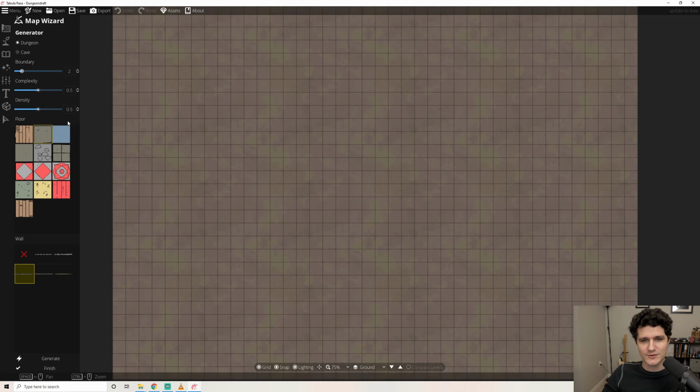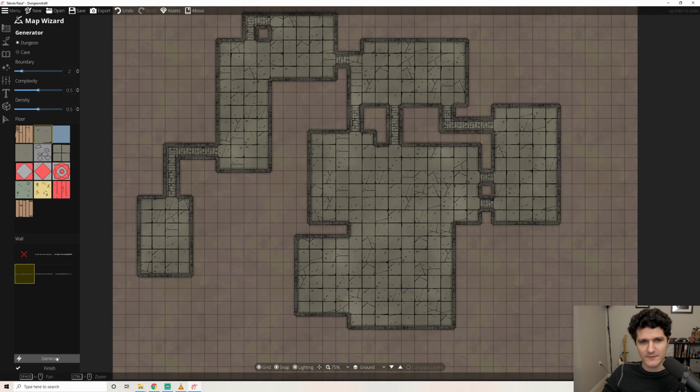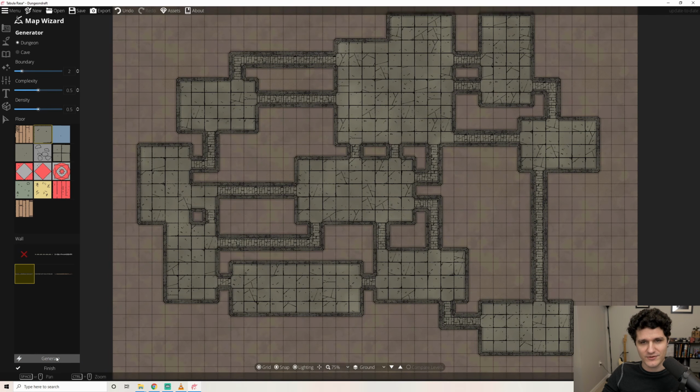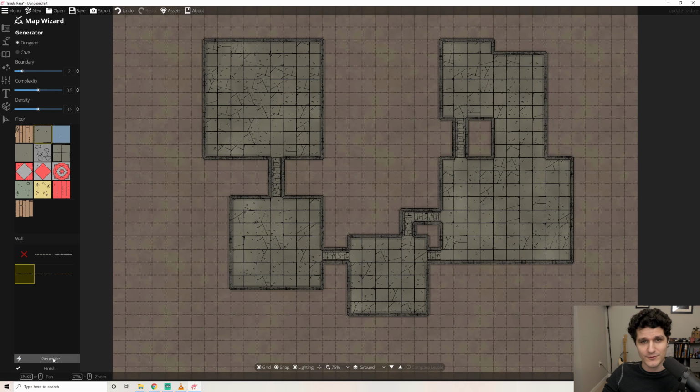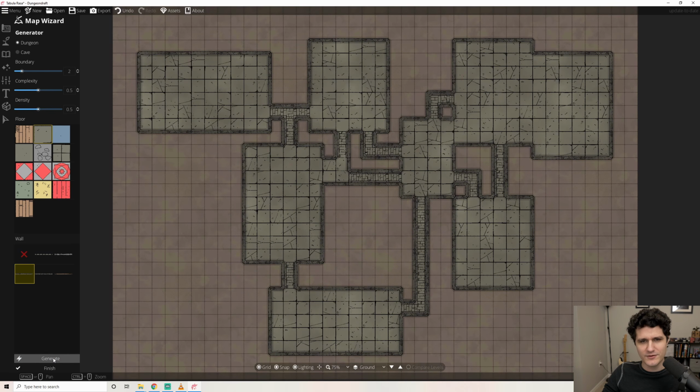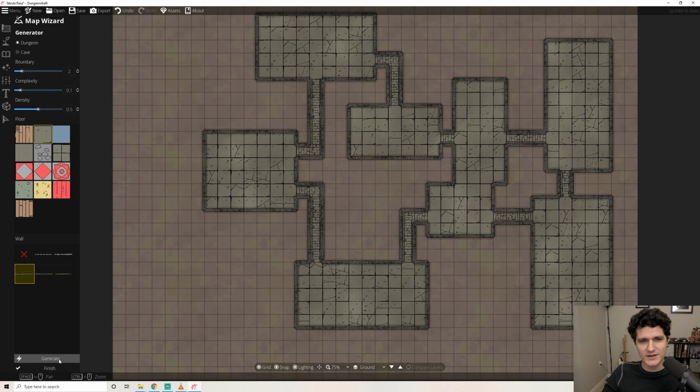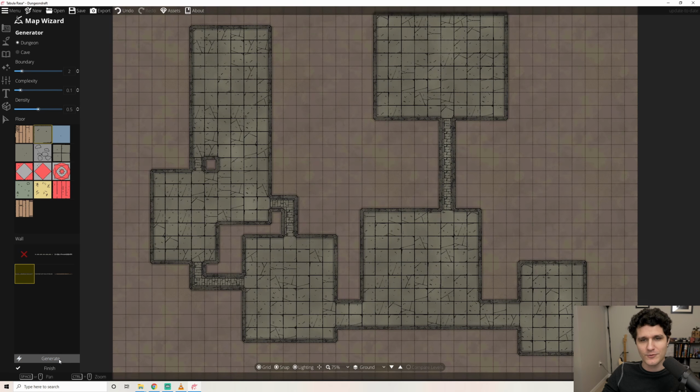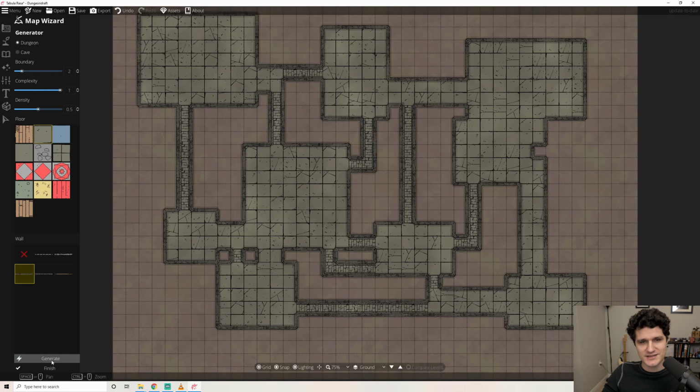You can also select what floors and walls you want the dungeon to generate with. When you click Generate at the bottom, it will randomly create a dungeon layout for you. You can even keep clicking Generate to create new random dungeons until you find one that you like. Let's quickly compare the complexity and density settings. With complexity turned down, you can see that the map it generated is more simple, with fewer connecting hallways and more simply shaped rooms. With complexity raised up, lots of the rooms have multiple entrances and exits and connect to each other in a more labyrinthine way.